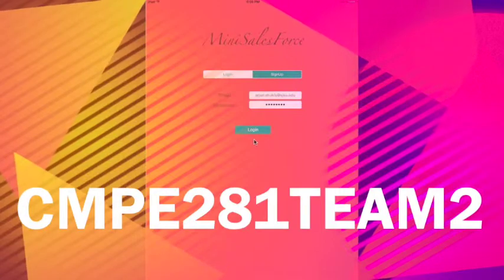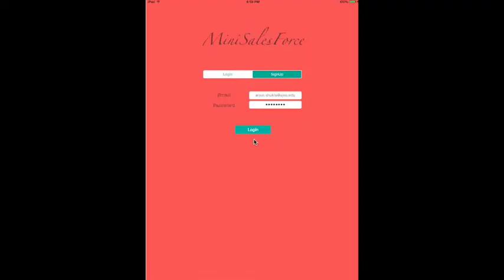We have built a multi-tenant software as a service application wherein we are providing our tenants with a mini Salesforce mobile app through which the tenants could sign up, log in, and use various software development methodologies like Scrum, Gantt, and Kanban to track the progress of their projects. Instead of a web application, we've come up with this mobile application which is displayed on the screen.